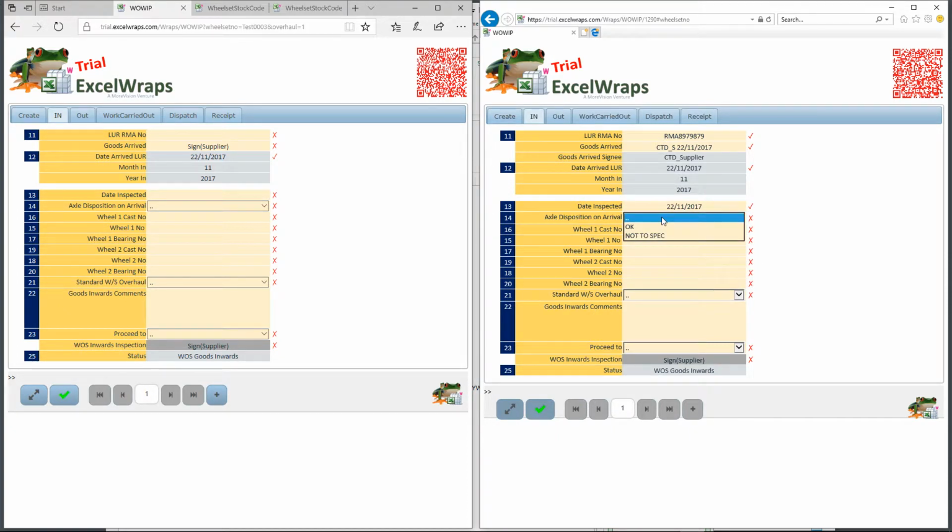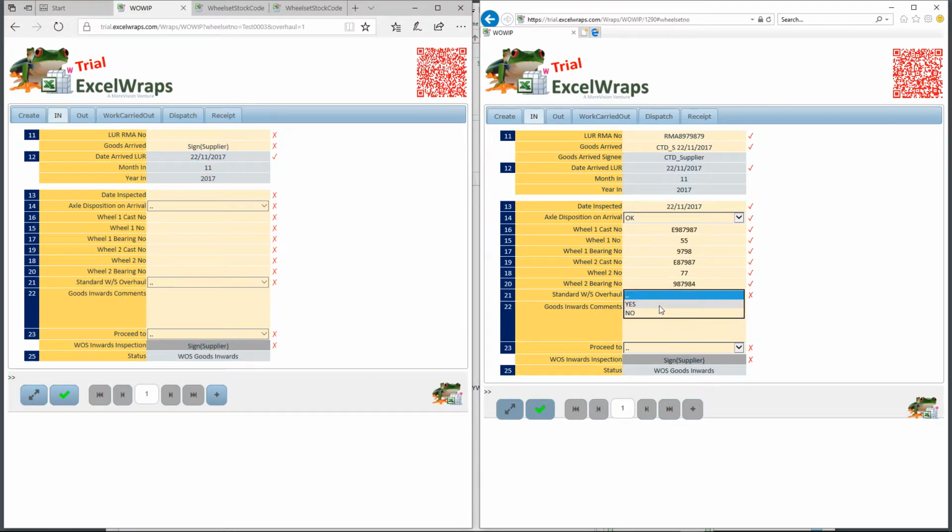What was it like? Well, let's say it's okay. Wheel cast number. If I just hover over there, it's telling me that this is a stamp on the non-gear end, and it needs to start with the letter E. So I'm going to put in E and some numbers. That gives me a tick. Wheelset number is 55. Bearing number is something else. Then we've got the second wheel. That's another number starting with E. And then we go 77, and we put the bearing number in there of that,